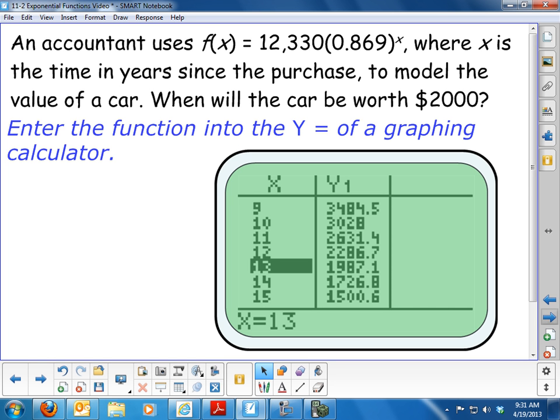which is y. So if I plug this exponential function right here into my calculator, I could pull up a table and see when will the y value be 2,000. So that's exactly what I've done. I've plugged that exponential into the graphing calculator. Here's a picture of the table, and I am looking for when is y equal to 2,000. Well, it's never exactly 2,000 on my table, but it's in between 12 and 13, definitely closer to 13. So if I had to give an answer, I would say x is 13, x represents years, so after 13 years, the car will be worth